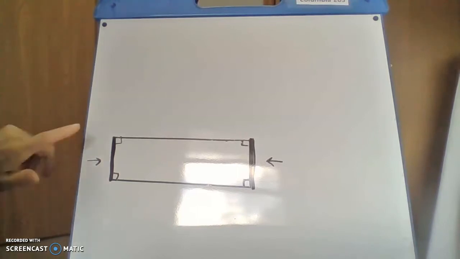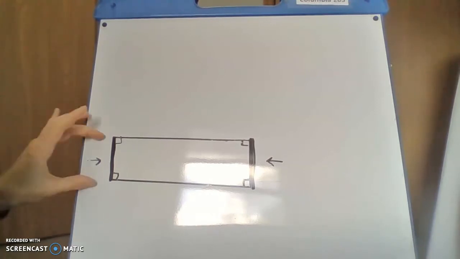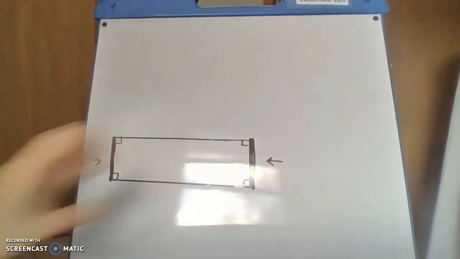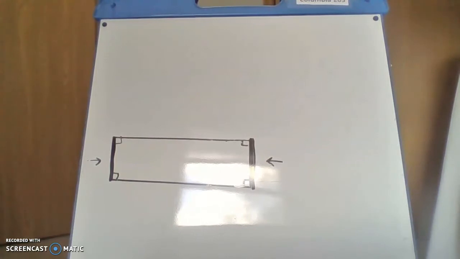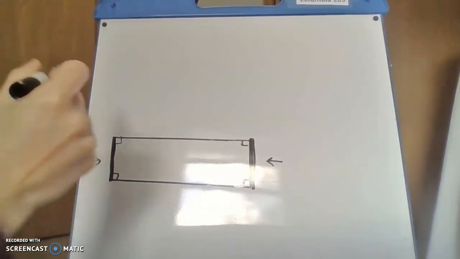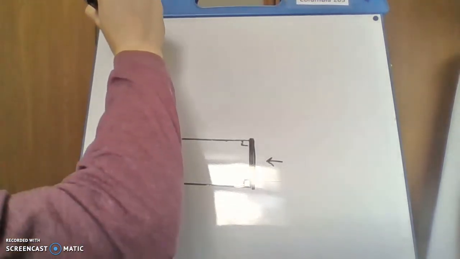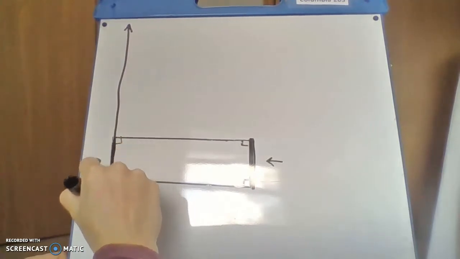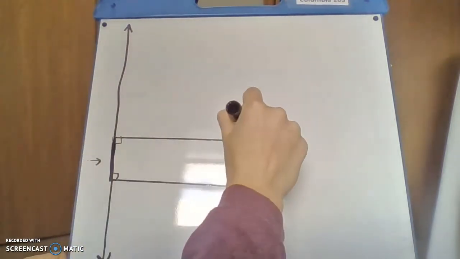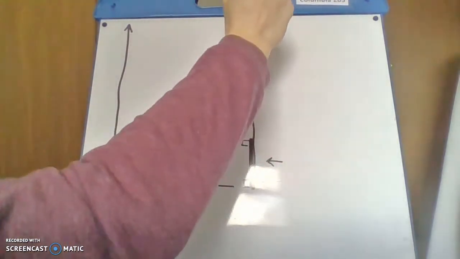Maybe you notice that they're straight lines. Or maybe you notice that they look like the same size. You can also say that these lines will never touch. So if I were to draw a line going all the way up and all the way down as far as I could and pretend it keeps going,